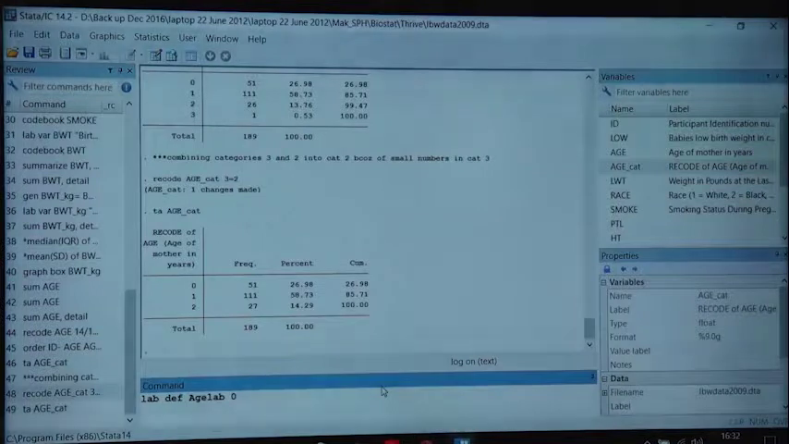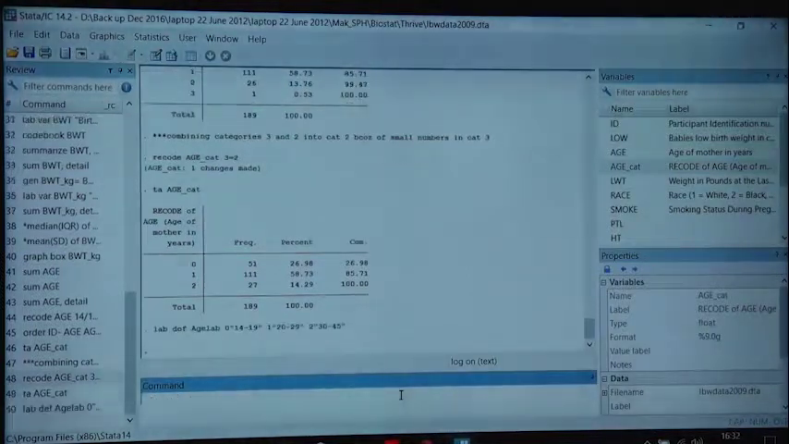0 is 14 to 19. 1 is 20 to 29. And 2 is 30 to 45. Because we combined the original 3, we combined it into 2. Then we say label values